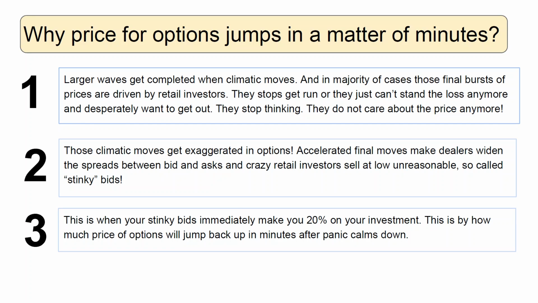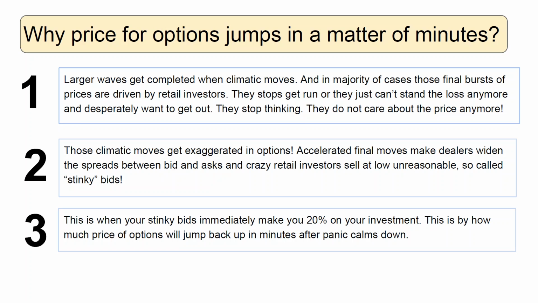Those accelerated final moves make dealers widen the spreads between bid and ask. And those crazy retailers who were short cover the underlying assets, and also sell the options they had. So once that accelerated move happens, dealers are just unable to keep the spread narrow, and this is where retail investors go nuts, and they just